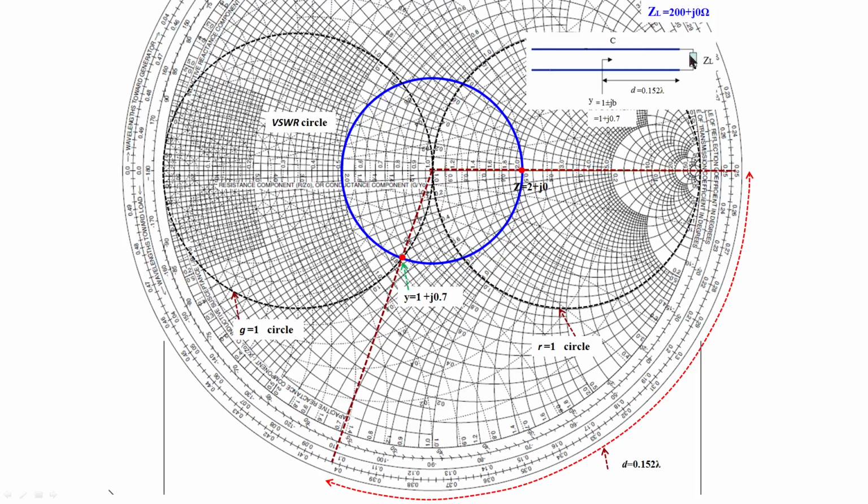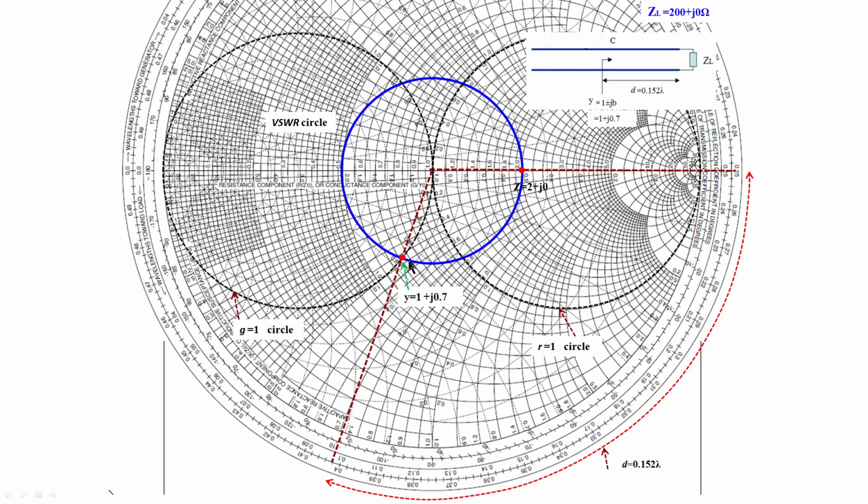After marking the load point, you should go on moving like this, and since a shunt stub is asked for, keep looking at the admittance. Moving on the transmission line means starting from the load point and moving on a VSWR circle, so you should draw the VSWR circle. Then from here go on moving towards the generator, and you can observe the admittance values changing.